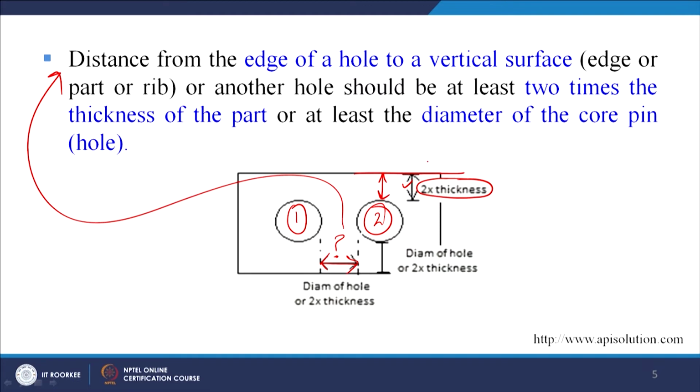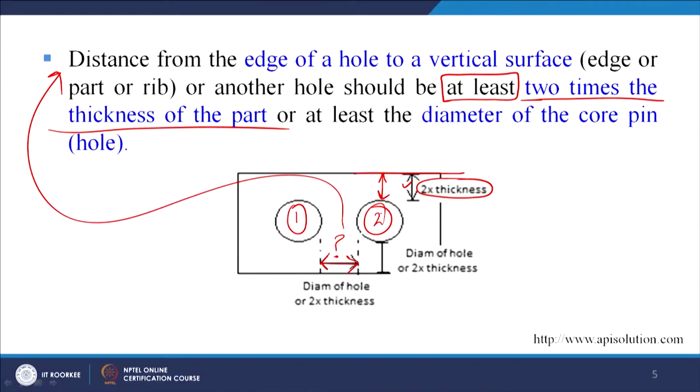So the distance from the edge of the hole to a vertical surface or edge or part or rib or another hole should be at least 2 times, very important, at least 2 times the thickness of the part. So whatever is the thickness, if we say this is our plate in which we want to make the hole, this will certainly have a certain thickness. So if we say that this is the thickness of this plate and we mark it by T, then the distance from the edge of the hole to the vertical surface must be 2 times the thickness,